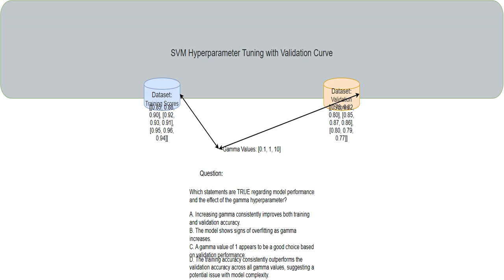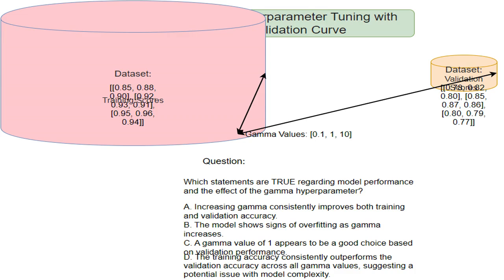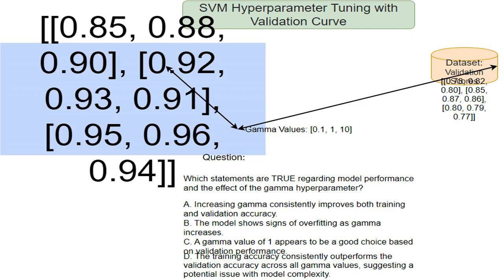potential overfitting. This shows the accuracy scores of the SVM model on the training data for different gamma values. Each inner list represents the accuracy for a particular gamma value, with 3 different runs, folds. The scores suggest the model's accuracy increases with increasing gamma. These are the specific training accuracy scores for 3 different gamma values: 0.1, 1, 10. Each inner list provides the accuracy for each gamma across 3 separate runs, possibly for cross-validation, showing improving training accuracy